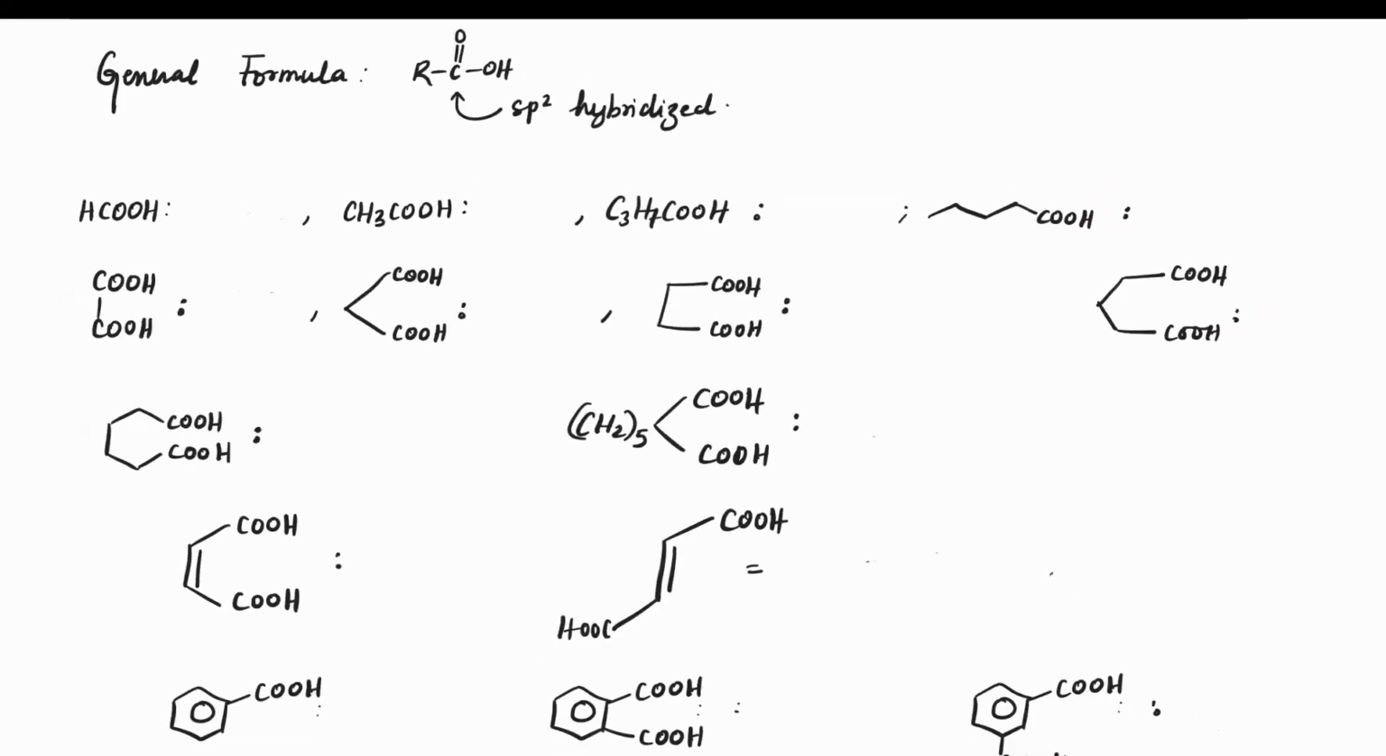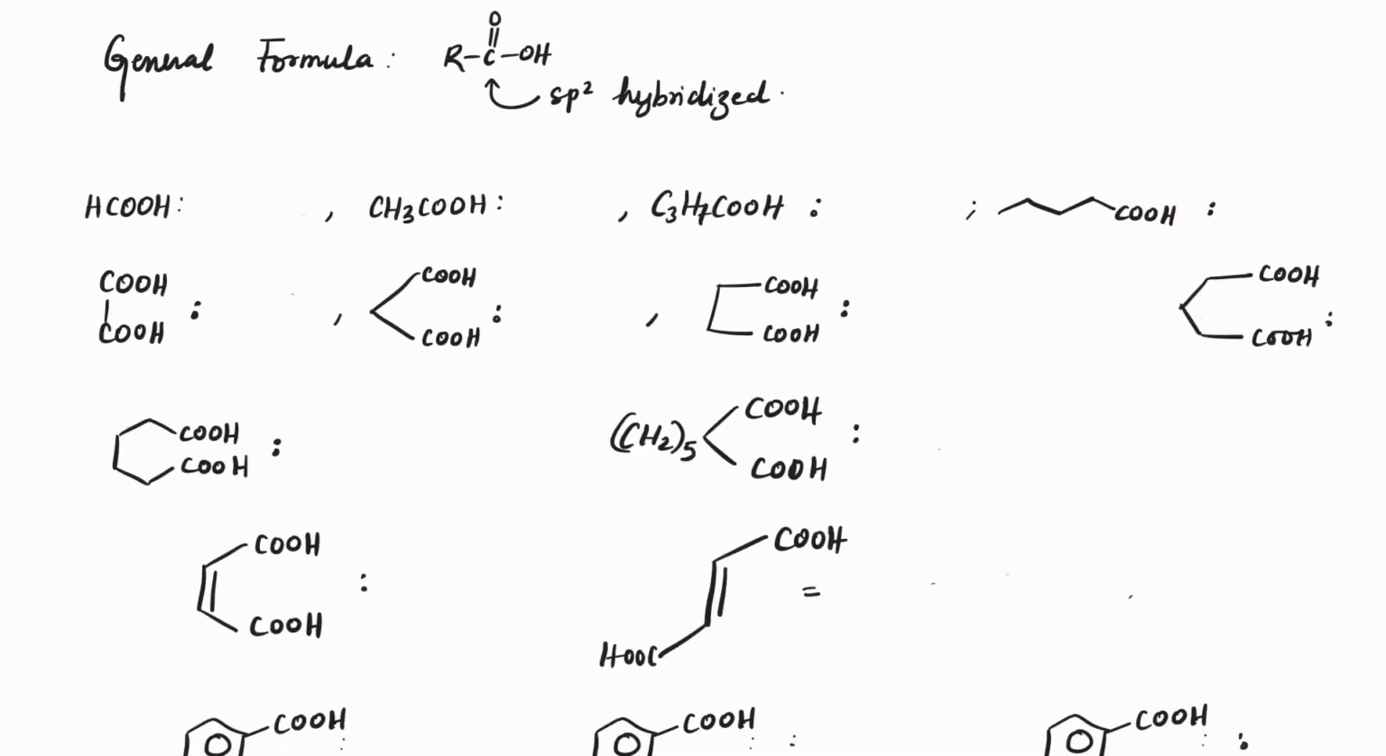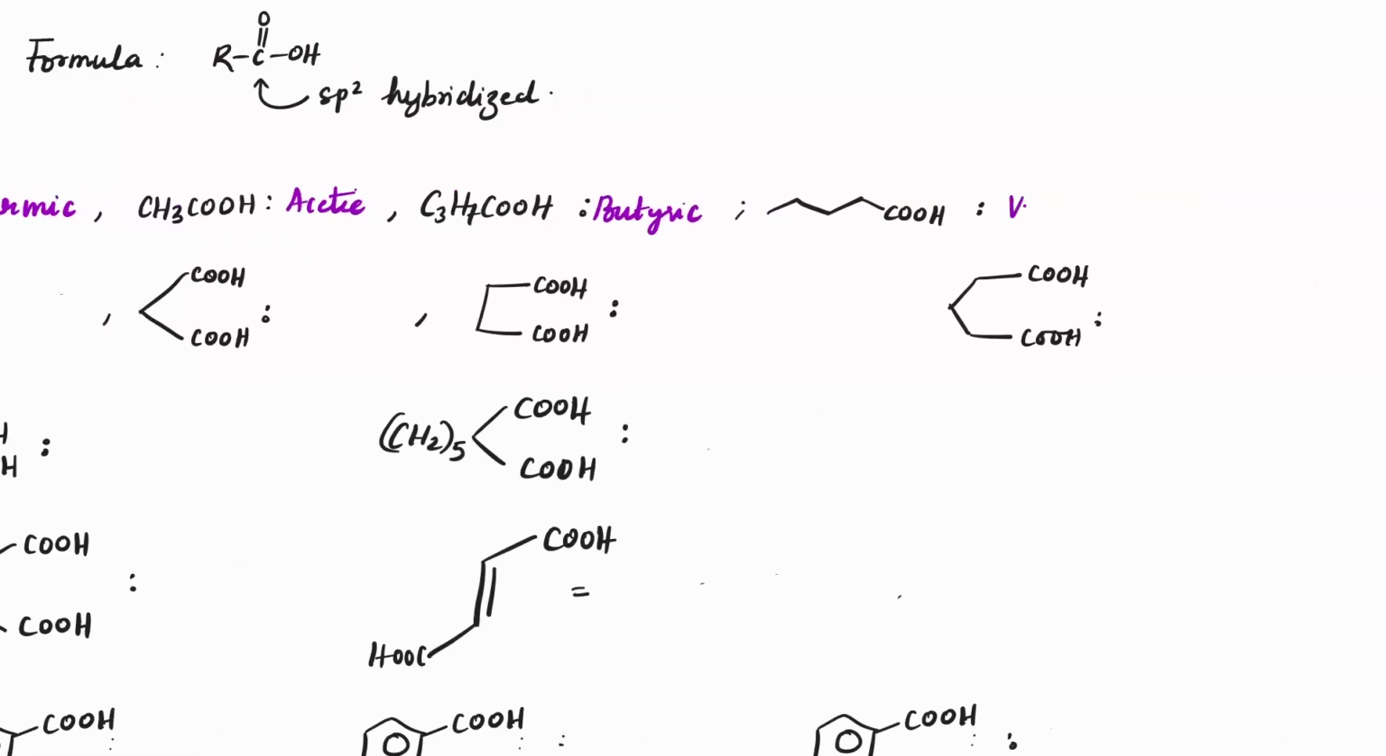When it comes to carboxylic acids, the first thing we need to know is all the important common names. Starting with the first one, formic acid, acetic acid. This is 4 carbons, so this is butyric acid. This is valeric acid,